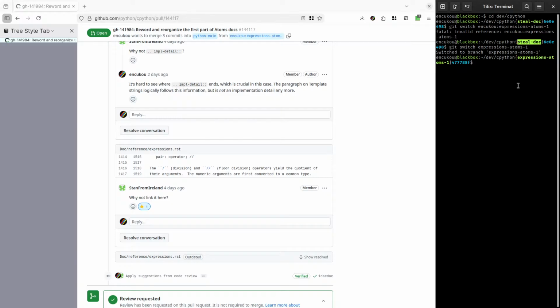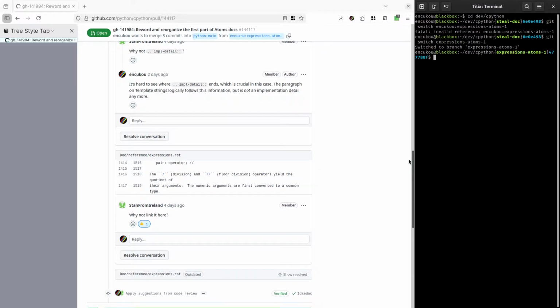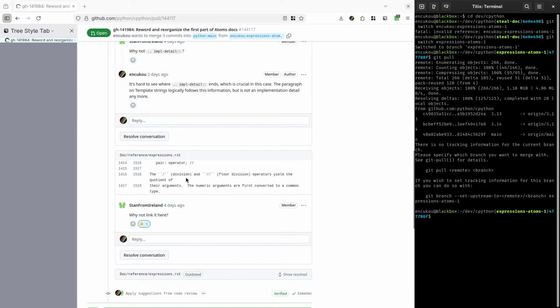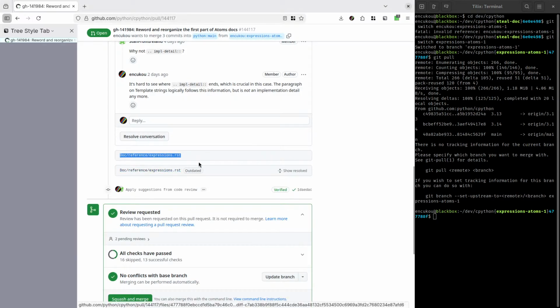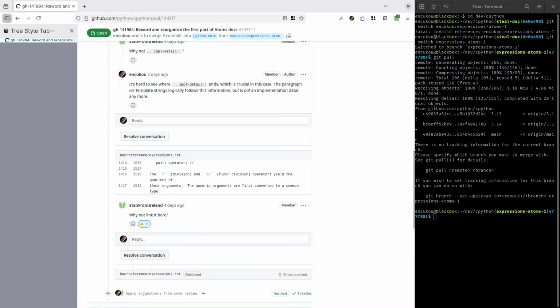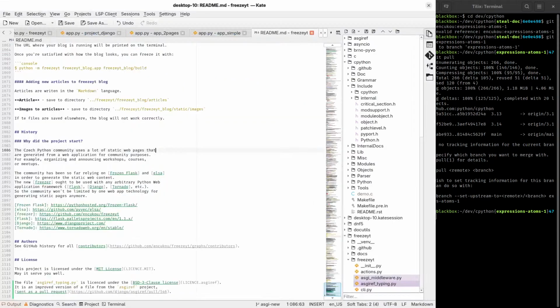From the branch name I was on, it looks like I'm stealing the docs, right? So, standard review. I responded to most of it, and what's left is linking the thing we linked everywhere